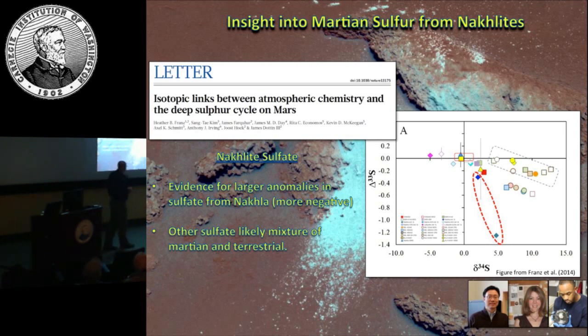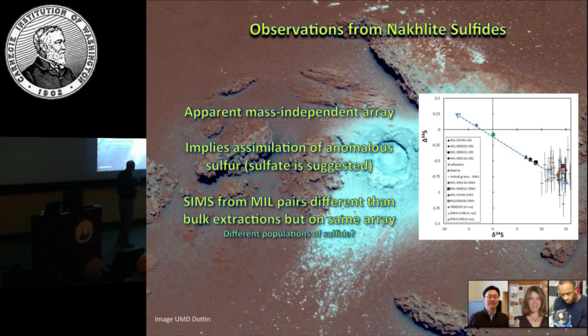Now, we talked about the sulfides and the chassignites. I want to talk about the sulfides in the nakhlites, and these are sulfides. This is Lafayette, Nakhla. These are some MIL paired meteorites where there are sulfides. These are ion probe analyses of the MIL sulfides. There does appear to be a clear relationship between these. It's unclear whether this point is at the origin or whether it extends up, but it is clear that it extends down to a different composition here. So these sulfides in the nakhlites clearly have a component that came from an atmospheric source.